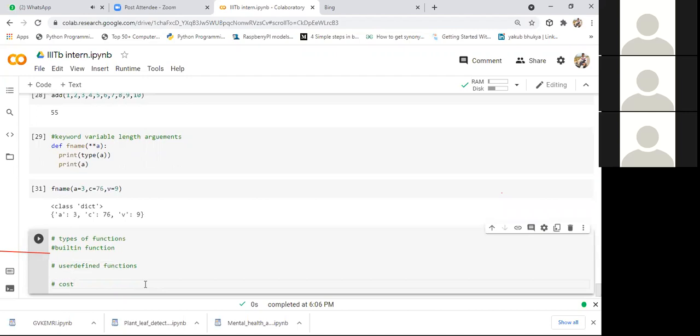Now, in a brief categorization, we have one more kind of function also, that is customized functions. These customized functions are similar to built-in functions, but they won't come with the software directly. We need to install these functions from the internet, like from Google. We need to download these libraries. Whenever you download some library from the internet, such kind of functions are called customized functions. The best examples for customized functions are the few modules and libraries. I'll explain that later.